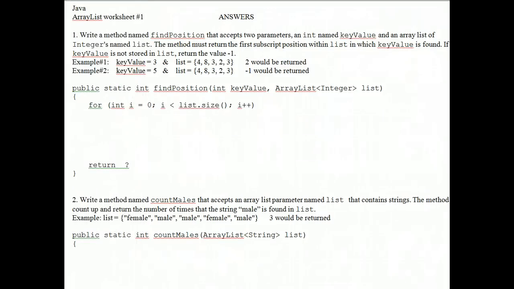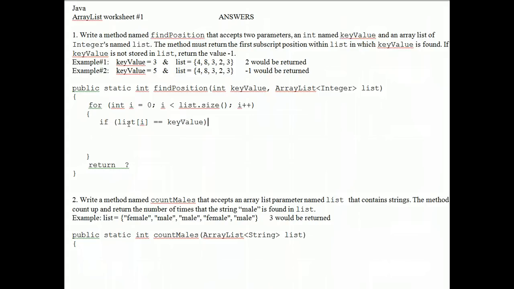And I need a body for that loop. So I should use curly braces for good style if I have room here. There's the body of the loop. And each time I go through the loop with one loop iteration, I need to inspect each new element of list. So if list square brackets i double equals that which I'm looking for, key value, if it's true, whoops, I